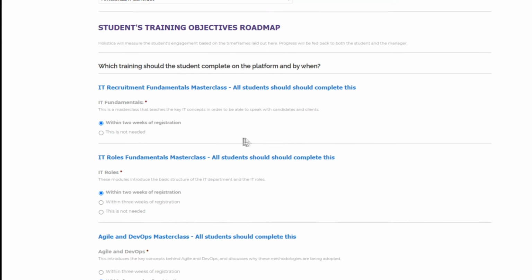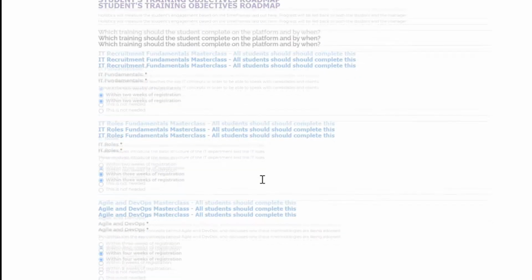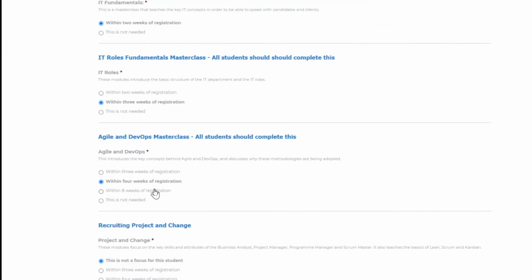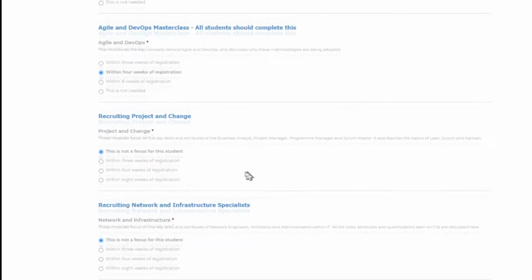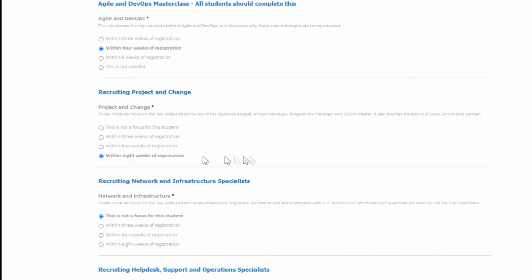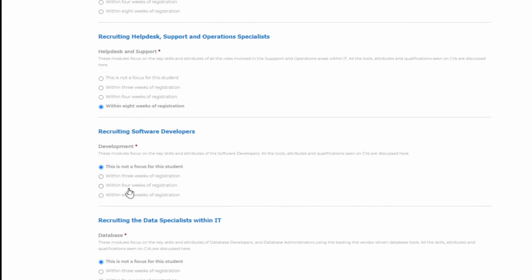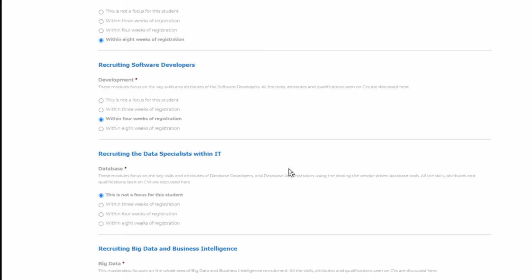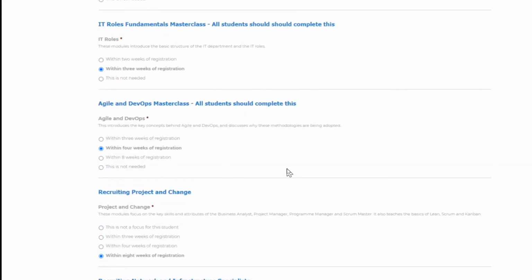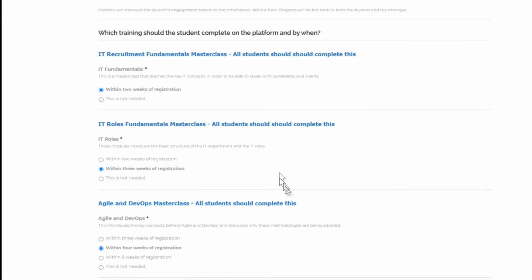Now we set about creating a detailed training roadmap for your student, and it is literally a point-and-click exercise. As we go down the list, we can see that it goes from the fundamentals to the more vertical areas. The next bit's quite important. We generally recommend that all students complete the first 3 programs,